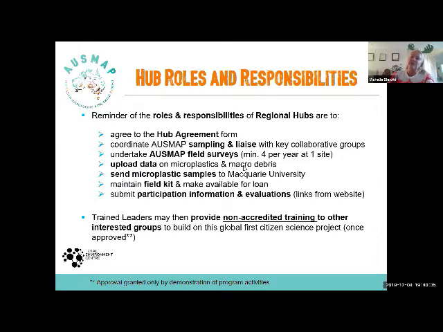That is just to gauge people's details and where they're going to sample around Australia. The key part of being a hub is to coordinate sampling and liaise with different groups within your region. Undertake ideally 4 samplings at the one site per year.